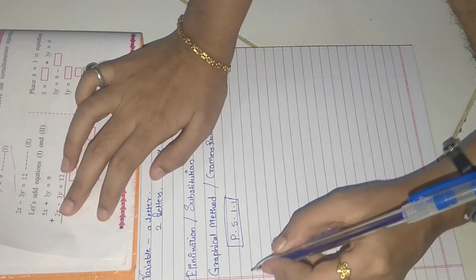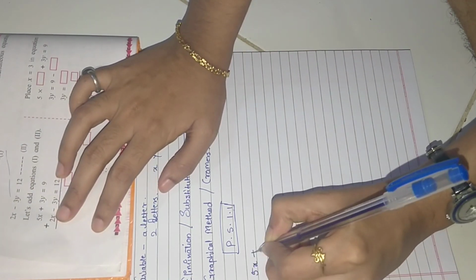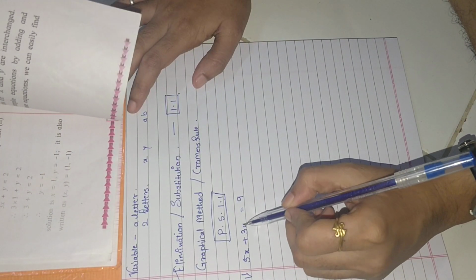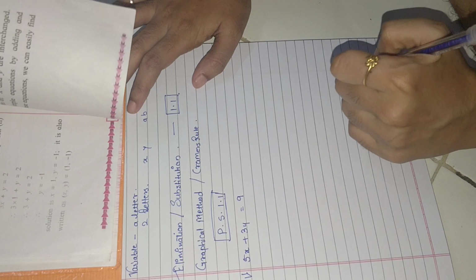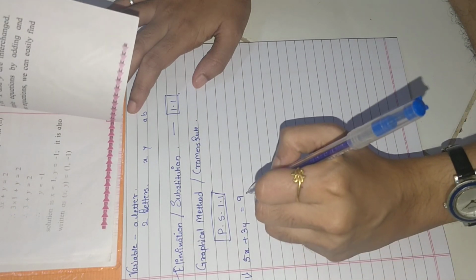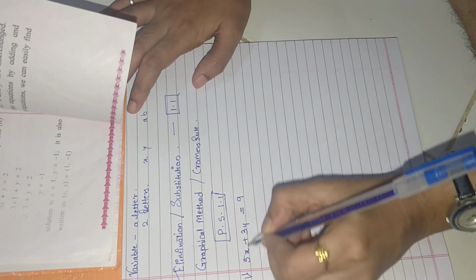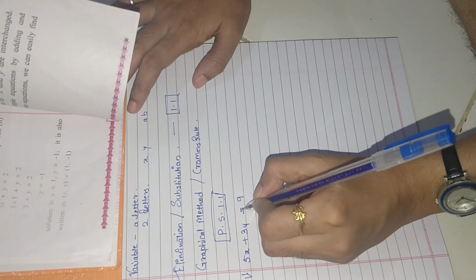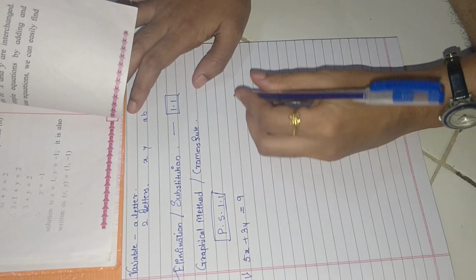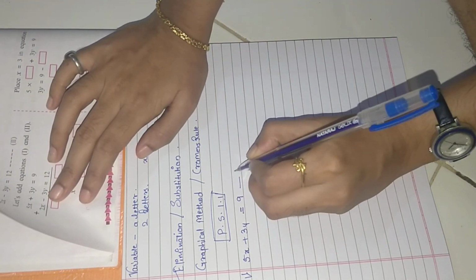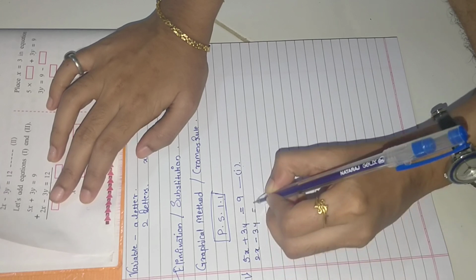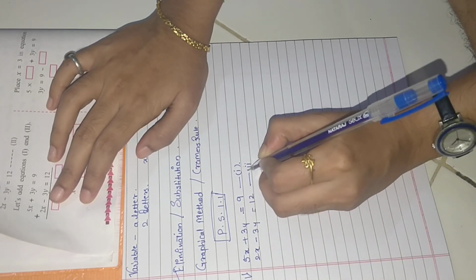First one, 5x plus 3y equals 9. So you can see here, whatever you get the answers of x and y at the end, when you fill that answer in these places, you will get the answer as 9. Hence it is called an equation, where you have two variables and an equal to sign which is equating the two sides, the left hand side and the right hand side. Fine. So this is the equation number 1 given. Second is 2x minus 3y equals 12. This is your equation number 2.